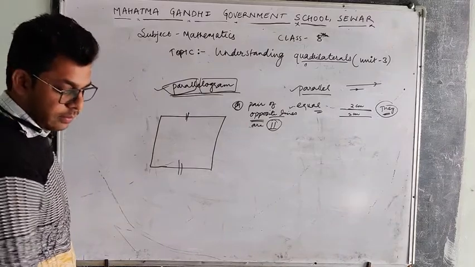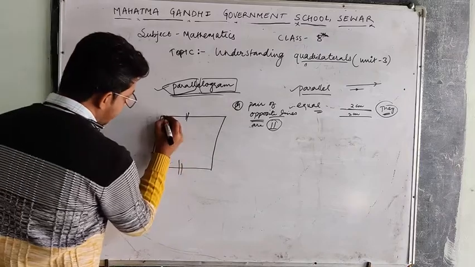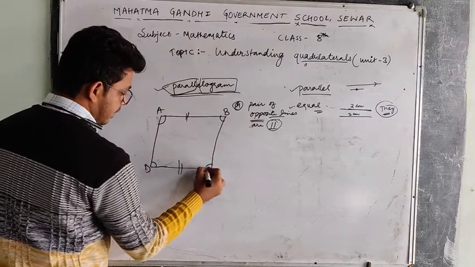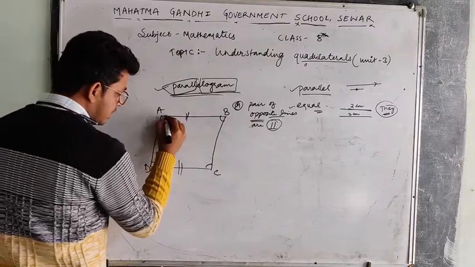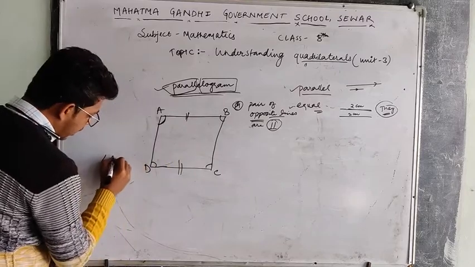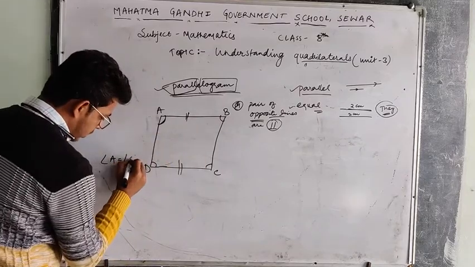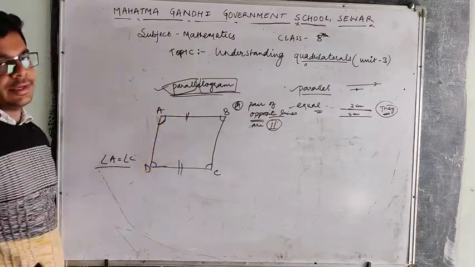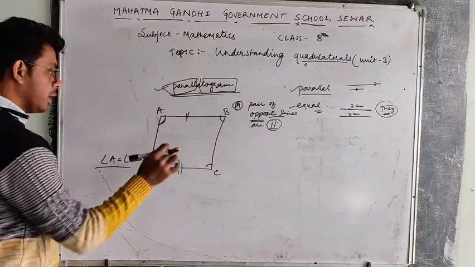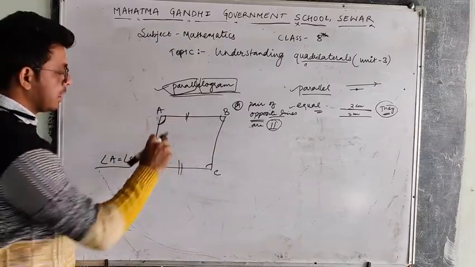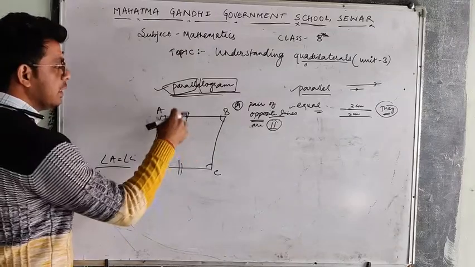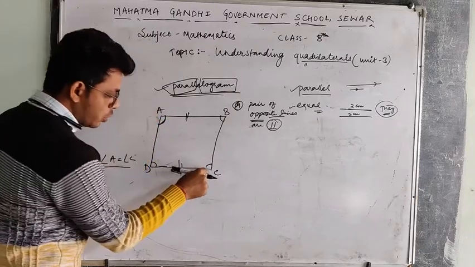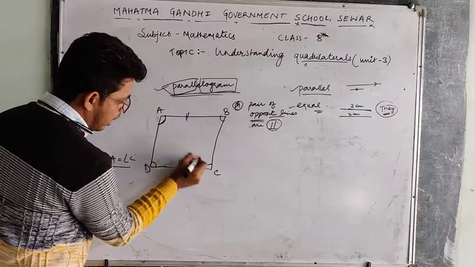Elements in a parallelogram. Elements means if I name this A, this B, this C and this D, these are called angles. A is opposite to angle C. So a parallelogram has 4 sides, and 2 are parallel to each other. Another thing is it has 4 angles, that is A, B, C, D. We can name these according to our choice, but angle A will always be opposite to angle C. These are opposite angles.